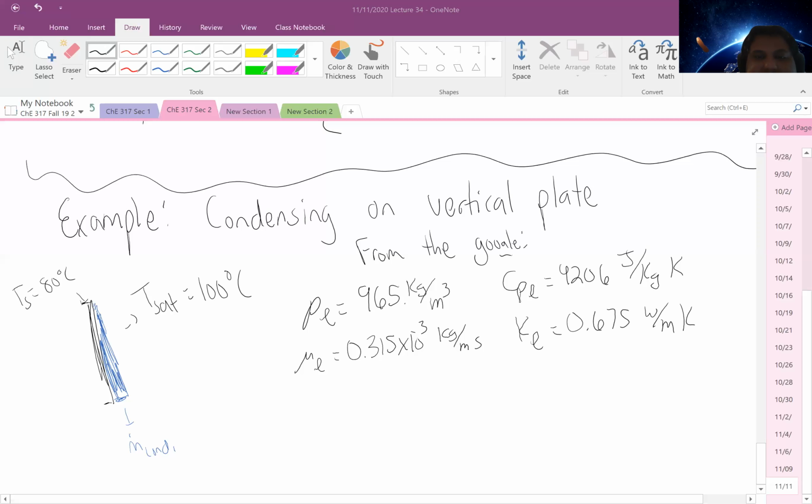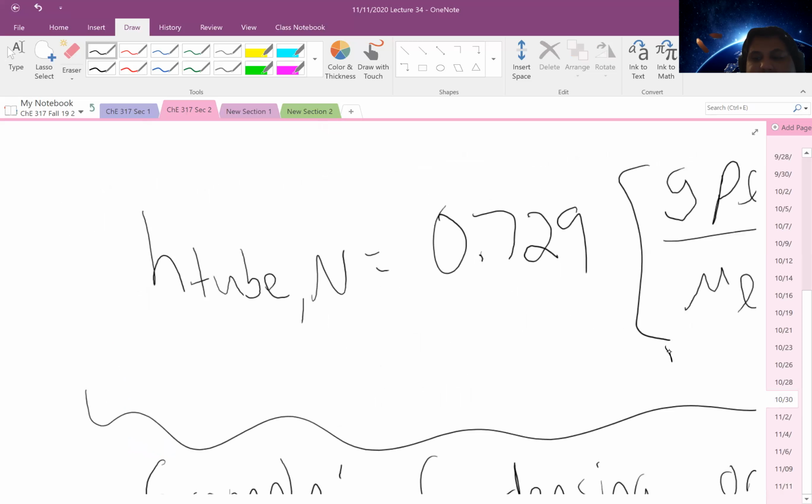What else do I need? And if I wanted to find the kinematic viscosity, which I'll need, I take my viscosity, divide it by my density, and I get about 0.326 times 10 to the minus 6 meter squared per second. Let's see if there's anything else I need. I need my latent heat of vaporization, which should be 2257 kilojoules